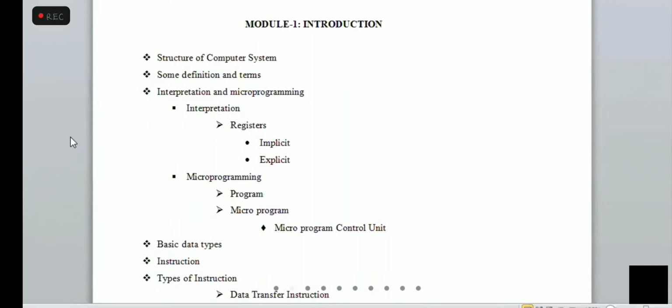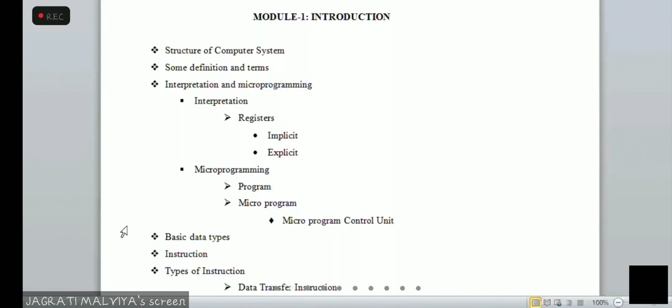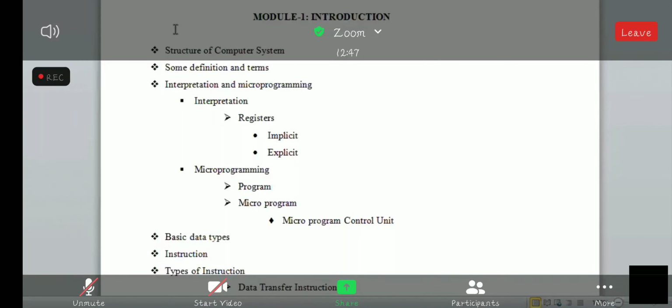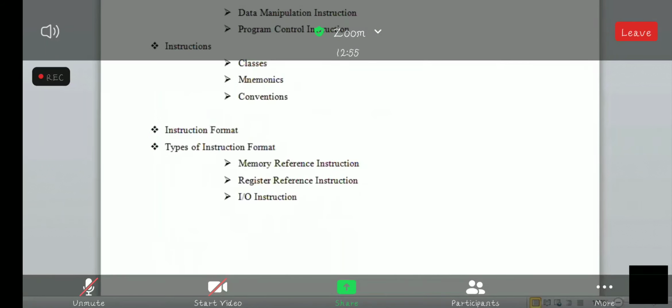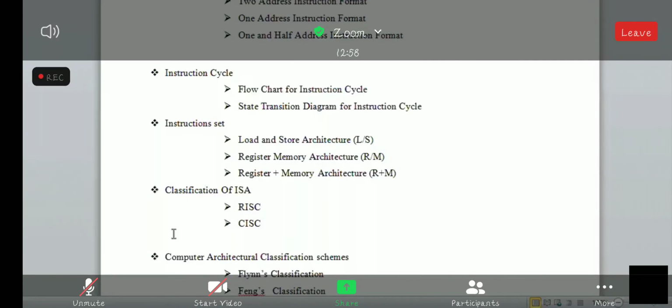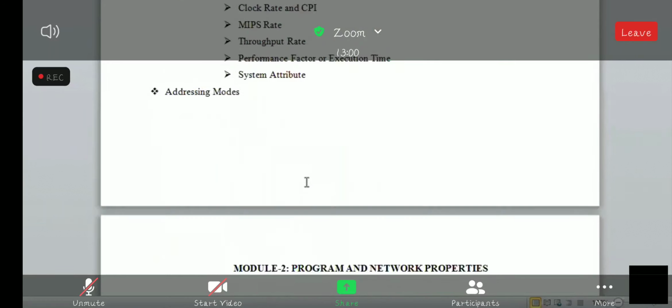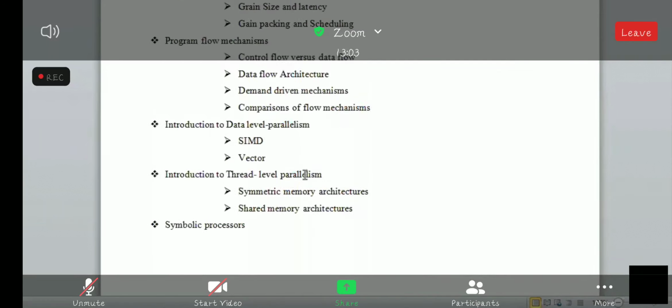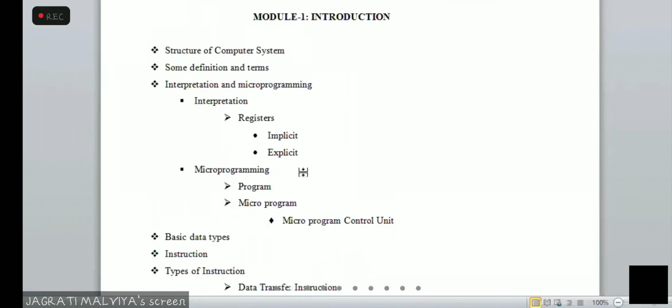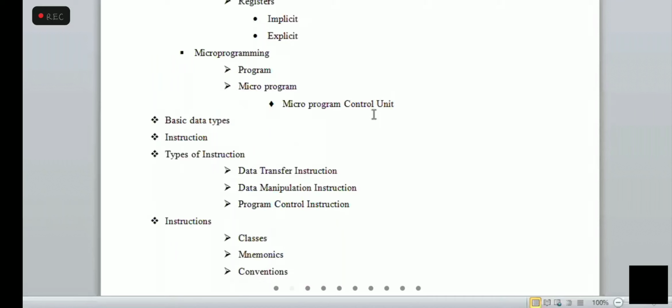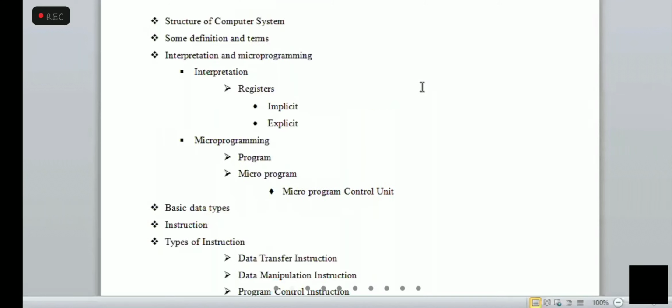And numericals are not so hard; just some formulas and some concepts are used. On the basis of concepts and formulas, you can solve the numericals, and it's easy. And this is your whole syllabus. I think you are aware of most of the terms used in module 1. So we will start from module 1. In this module, we will discuss